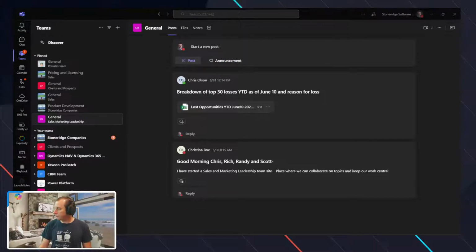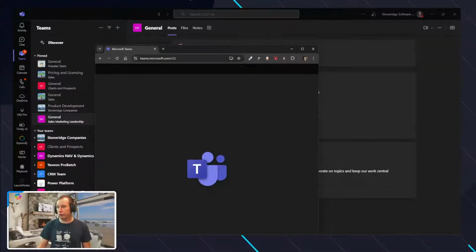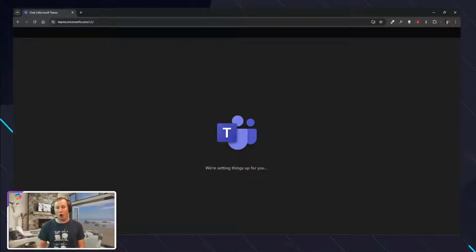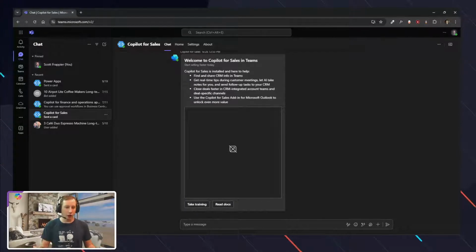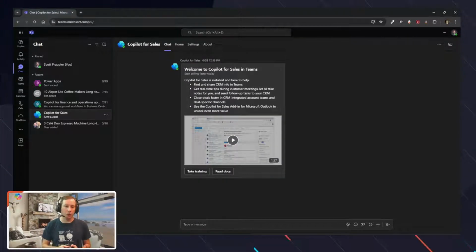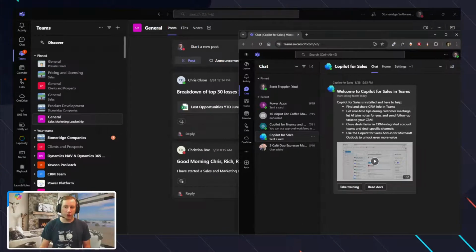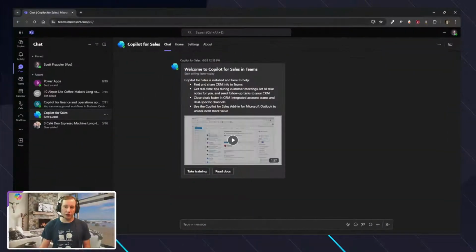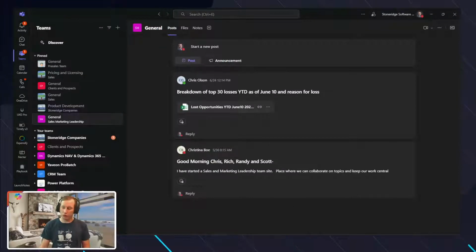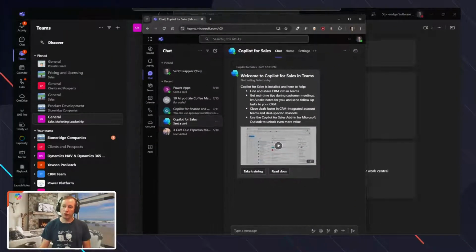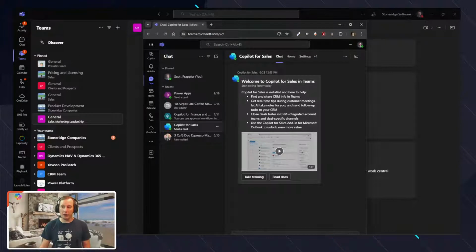Now, what I'm going to do here is show my pre-sales environment too, and this is what's really cool about Teams: you can also have it set up where you can access Teams via web, right? So you can connect, for example, via your browser to teams.microsoft.com and then open up Teams and use the web interface, which is very similar to the interface that is exposed inside of here. So this is my pre-sales one, for example, that's set up inside of here. And then this is our production Stoneridge one that's inside of here as well. So I've got two different teams set up, one with the app and then one with the browser.